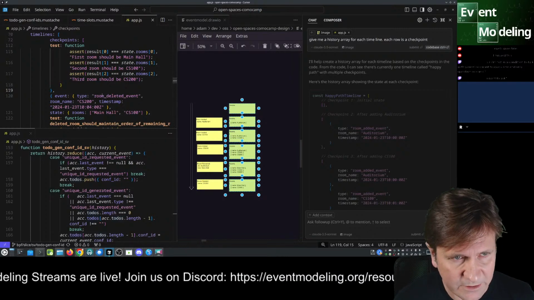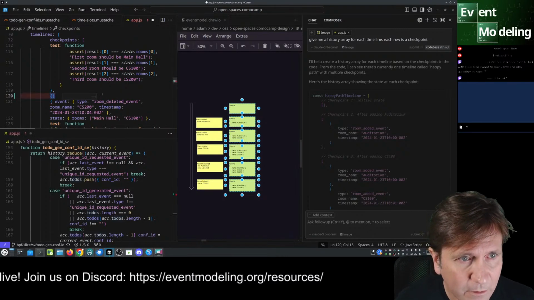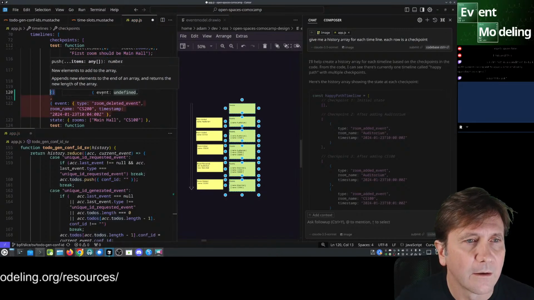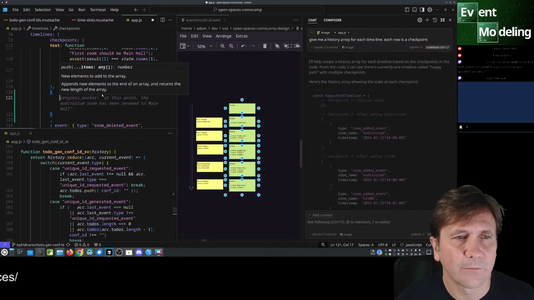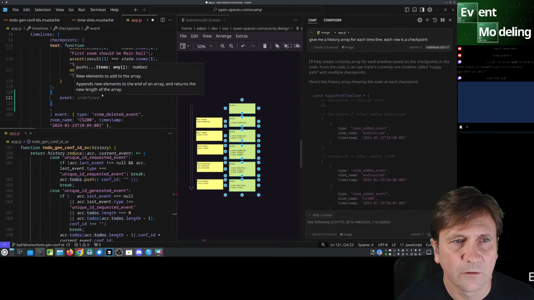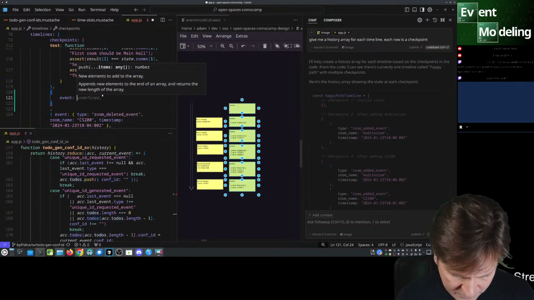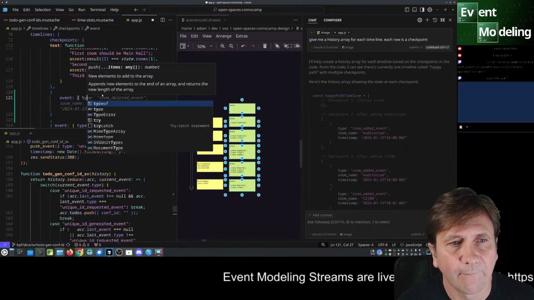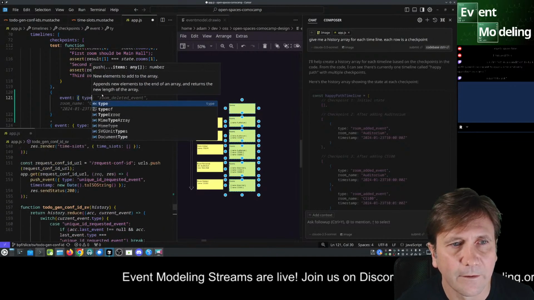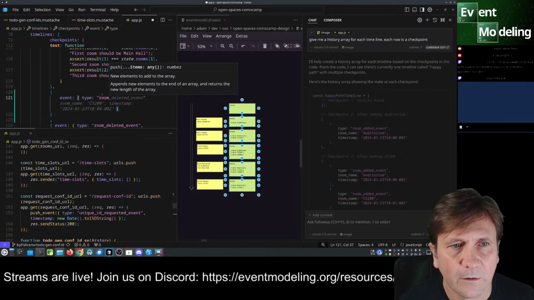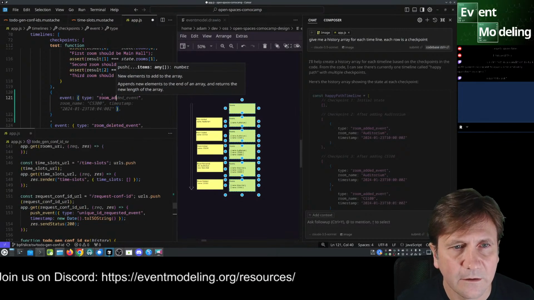I want something to be a little bit more valid though. And I want the event to be type room added event.